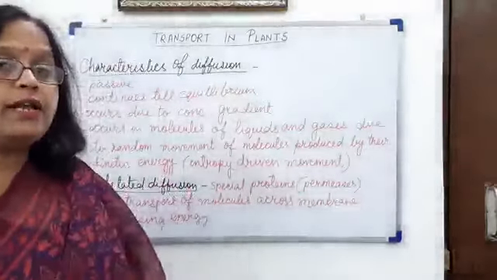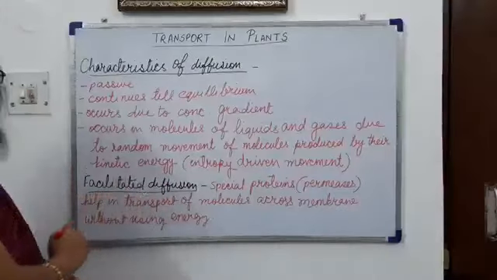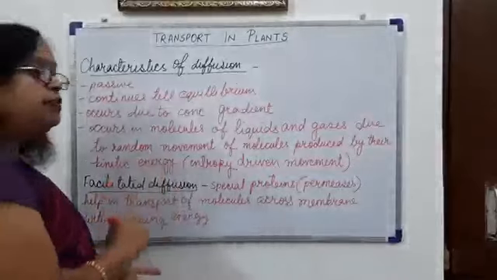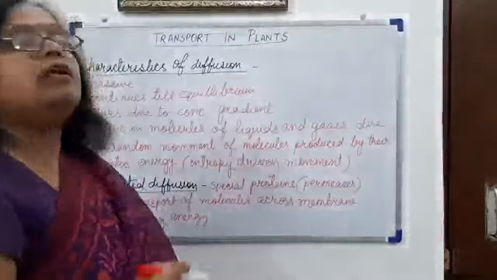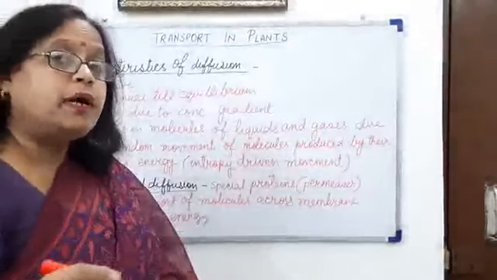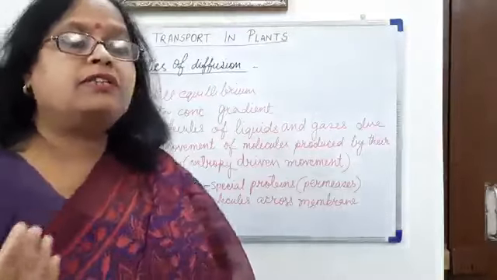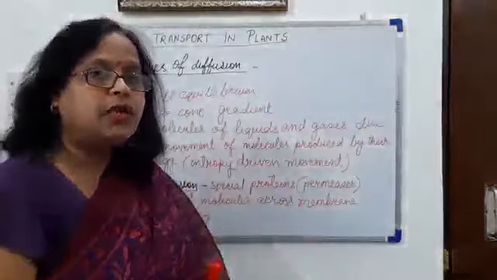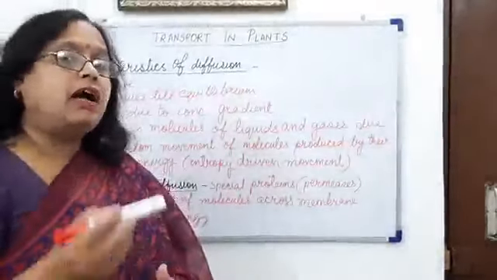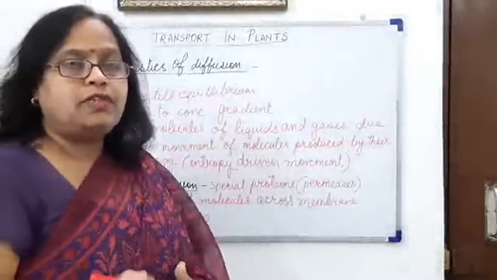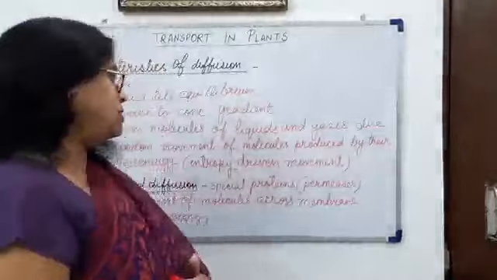So this is called facilitated movement, or facilitated diffusion, and this diffusion takes place with the help of some special proteins of the group permeases. Permeases means they increase the permeability for substances to be absorbed from outside to inside or from inside to outside. These proteins which facilitate the diffusion of certain molecules are called transporter proteins.